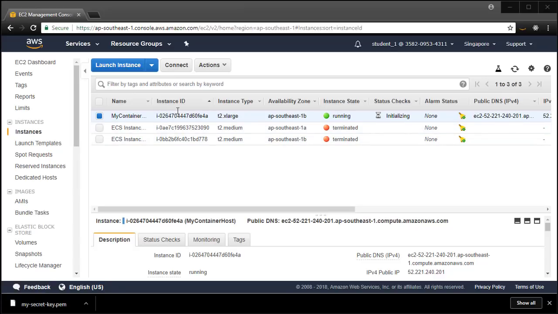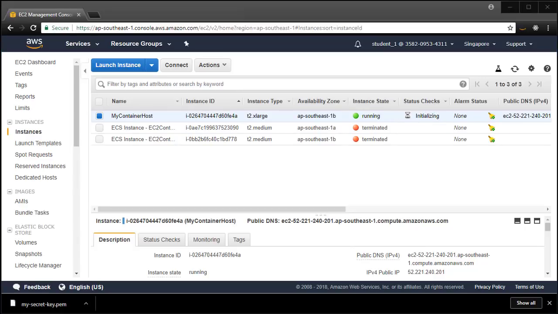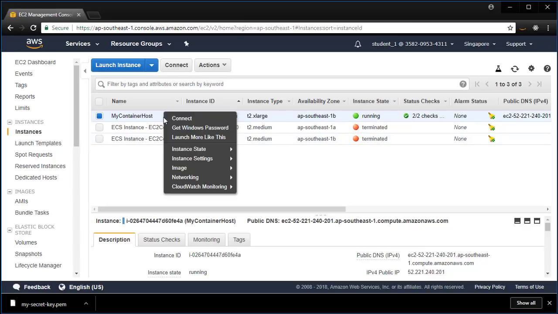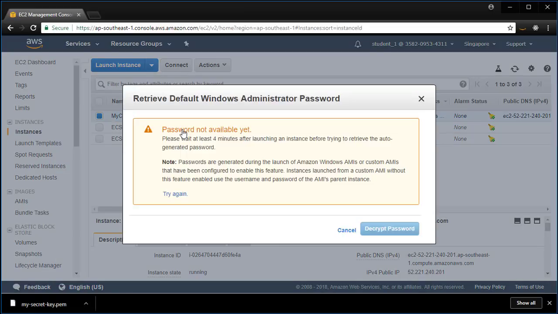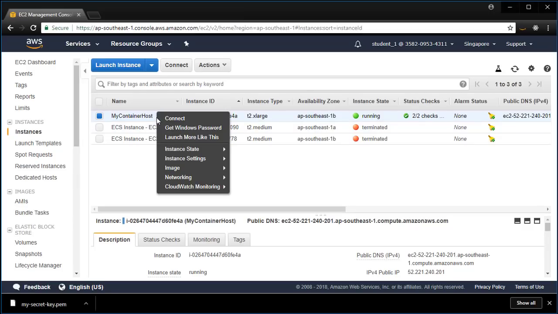If you find that it's right now in the initial state, it takes a few minutes to start that instance. Once that status changes to green, you can remote login into it. Mind you, you need to leave some time. If you try to retrieve the password immediately, you will get a message like that. Give it a few minutes until the password is available for you. I waited a few minutes, and if I go and try to retrieve the password,